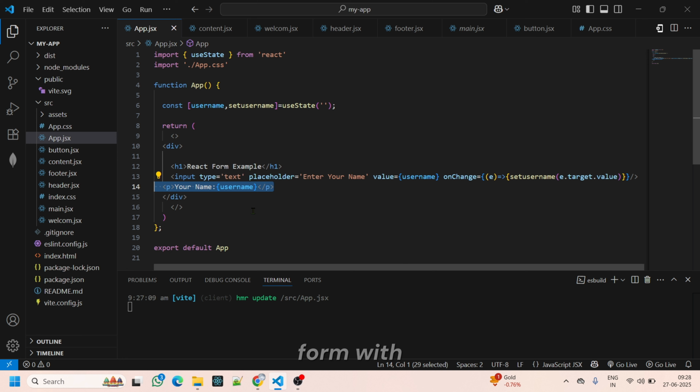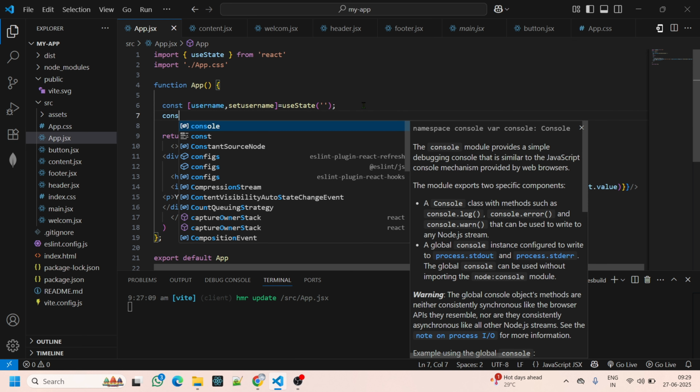Now let's build a form with the submit button. In React, forms don't automatically submit, and when they do, it reloads the page, which we don't want. We don't want to reload the page every time. So for this, we will use preventDefault, which is a method used to prevent unnecessary reloads. So I'm taking another useState, const